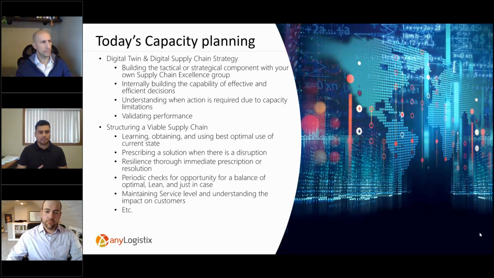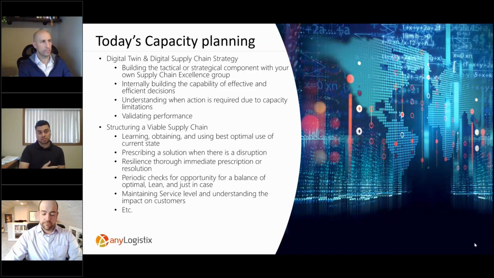All right. And the second biggest thing is that a lot of companies are restructuring their supply chain. They're making this from a vital perspective, so they can learn a lot and make best use of their current state. As we noticed, another DC came in and supported another location, so it made optimal use of what should be happening based on what was currently happening. And that requires a prescribed solution every so often.